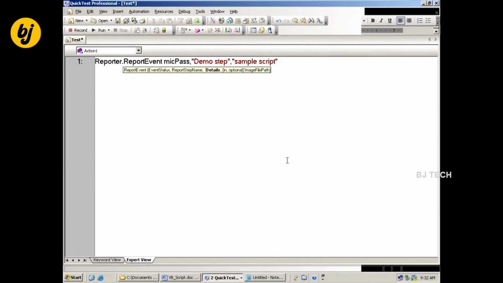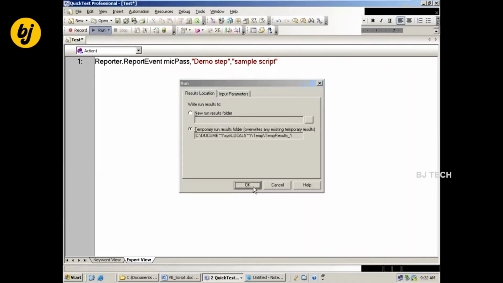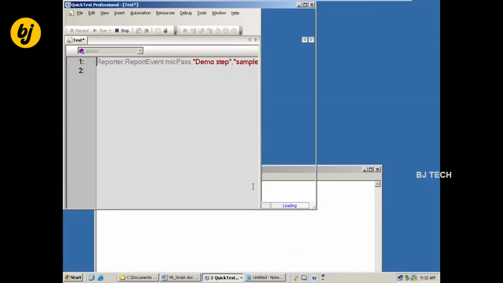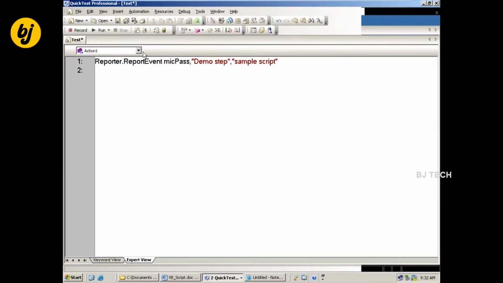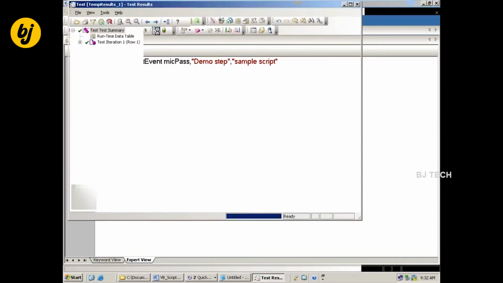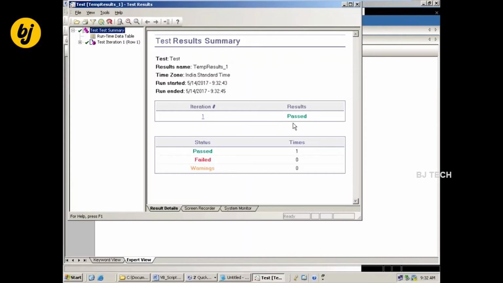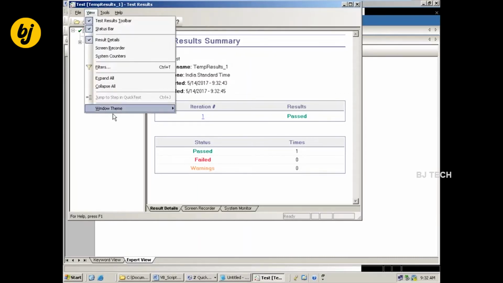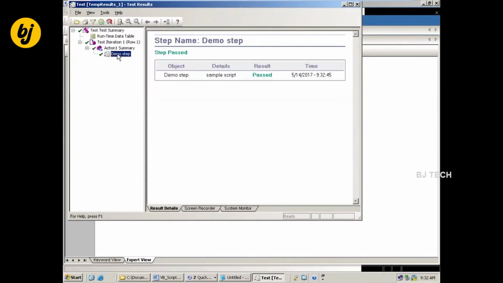The description is sample script pass, so the step name is demo step. The purpose is a sample script. If I run it, in the test result window we can find the impact. What is the status now? It is passed. Previously we had done status. View, expand on demo step.